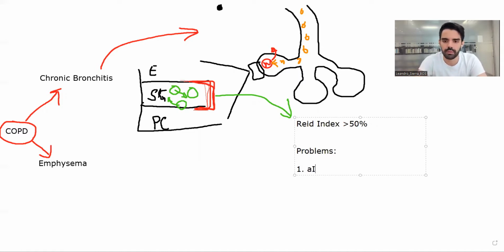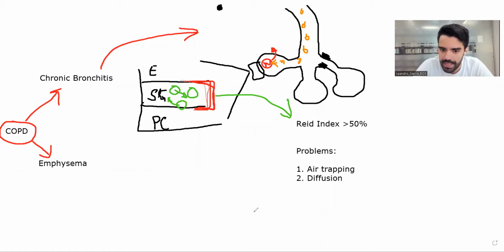First, air trapping. And second, we're going to have a problem with the diffusion of gases. Why is that? First, let's start by talking about air trapping. If we have this wall that is thicker in the bronchioles, the air that will be here will be pretty hard to get out of the alveoli. And if it cannot get out of the alveoli, it's going to stay in the